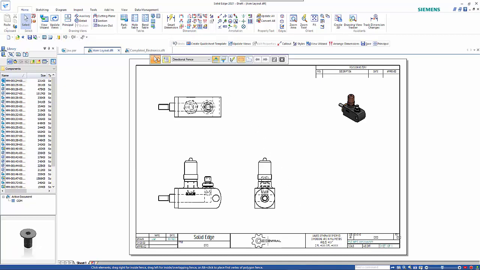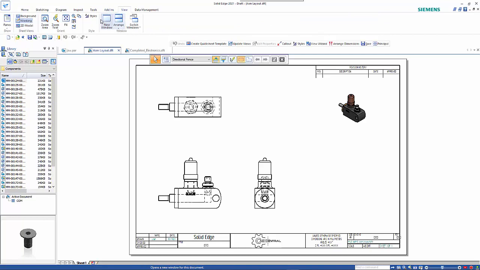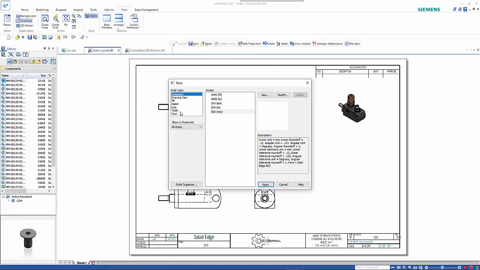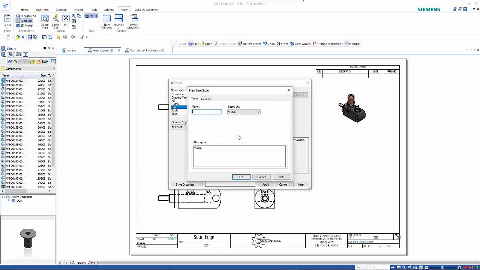Another way of highlighting objects in a part or assembly is to add a little bit of color to a particular part. So visible is the option that is used for normal line styles. So we'll just call this a new name, and then under here we can just go in and set the color to be something like red